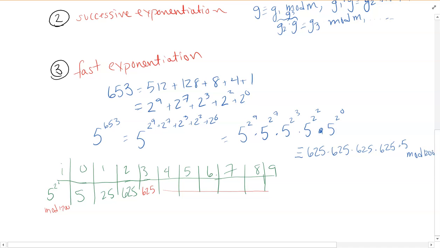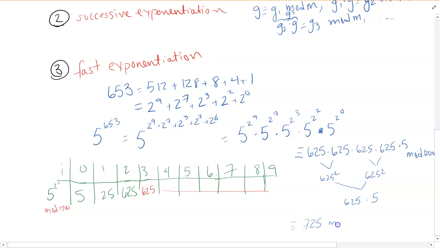This is quicker for me, so this is 625 squared, and this is 625 squared, and then both of these would become 625, and then times 5 at the end. So then I just have to do that mod 1200, and what I should end up with is